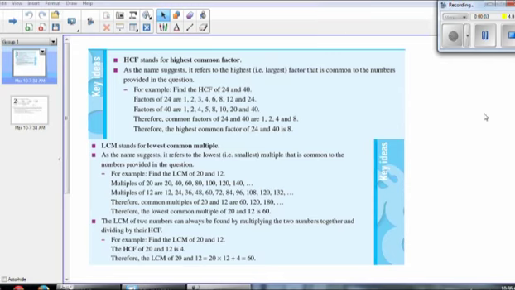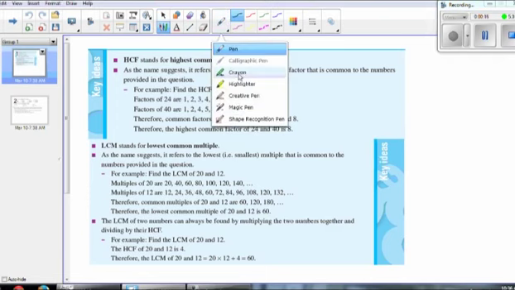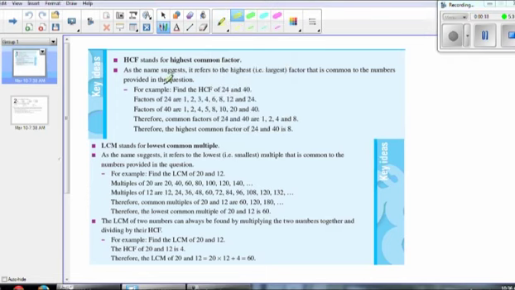Okay, so we're looking at highest common factor and lowest common multiple today. Just a quick rundown on each of these. As the name suggests, it refers to the highest, so the largest factor that is common to the numbers provided in the question. For example, the highest common factor of 24 and 40. Factors of 24 are 1,